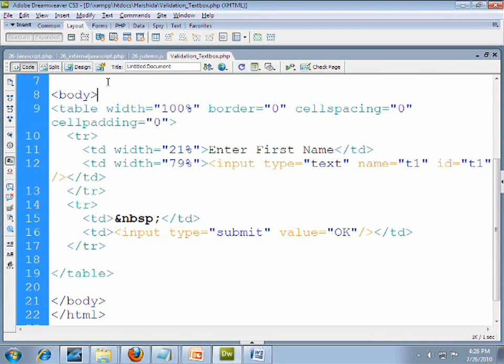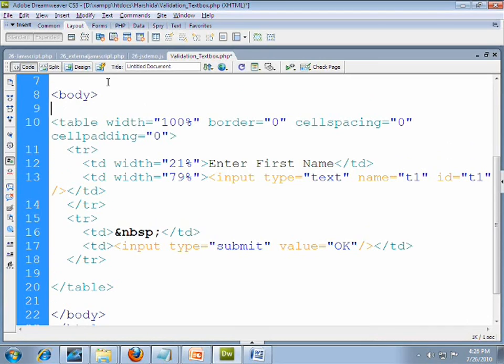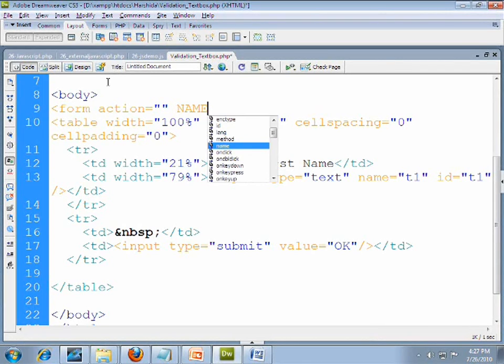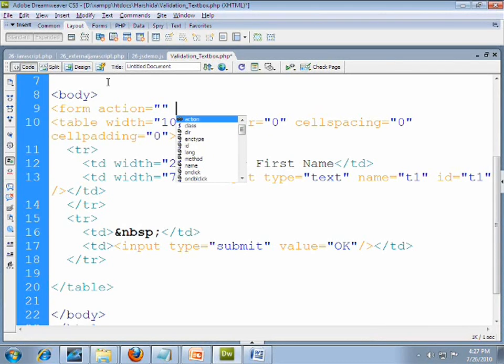Now in the third video I discussed the form action concepts. To study more detail about form actions, first study video 3 for the basic operations. Over here, after the body tag, I specify the form action, nothing, and specify the form name and ID.